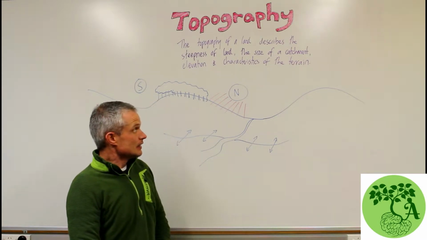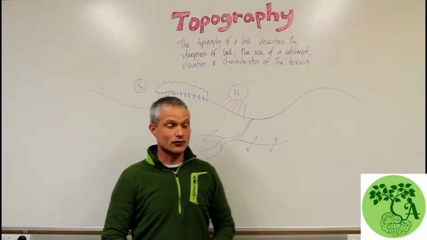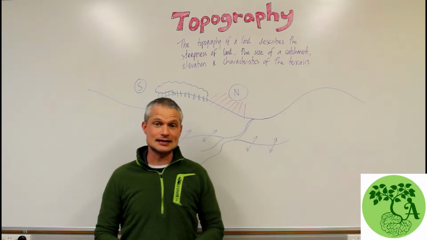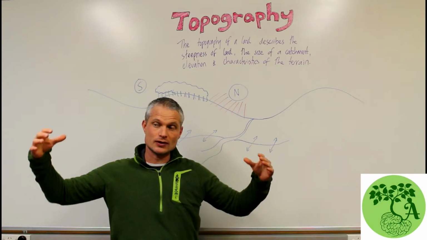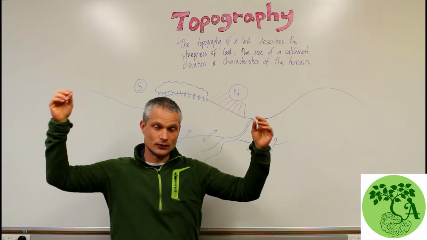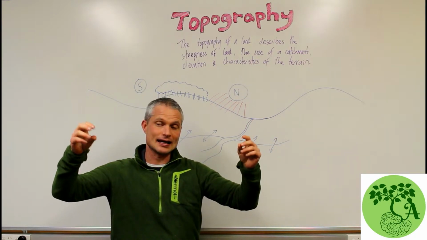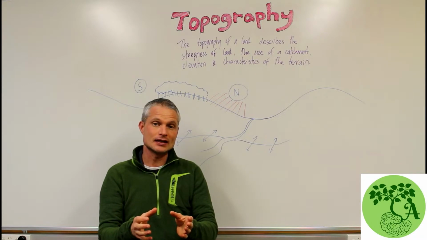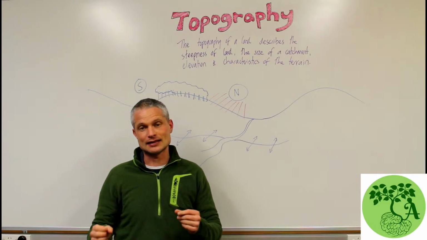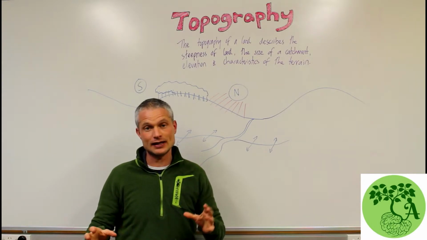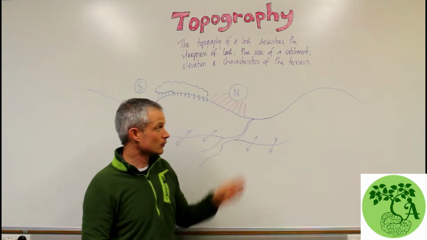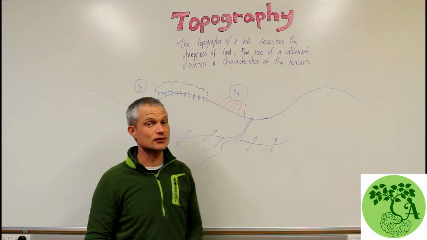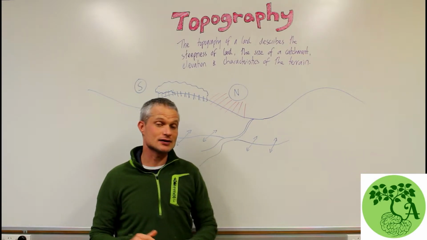So being aware of the topography of your particular area is things like, what is the size of the catchment of that area? So what is the size of the land where water falling on that land will collect at a certain point, and that will impact things like creating dams and swales and working with water on your particular site. It will also affect things like the drainage of your site, how suitable your site is for different types of production,